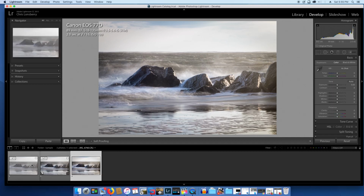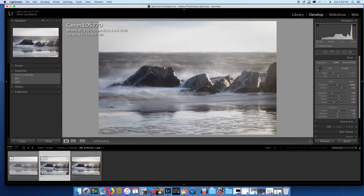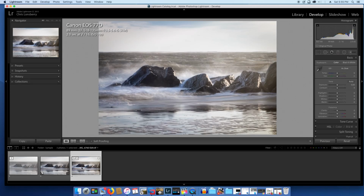Okay, so that's the progression of our photo. We go from the original to the Lightroom edit, which is nice. I do like the really soft character to that one. To the Luminar, which is a little punchier, but definitely more colorful. Now, the last thing I want to do to this, before we call this a wrap, is I want to